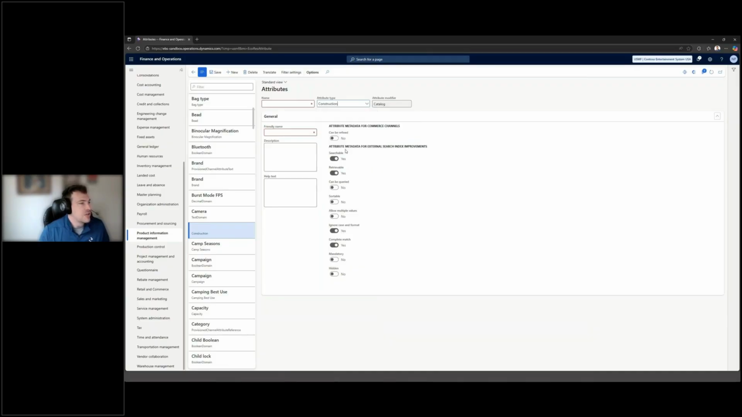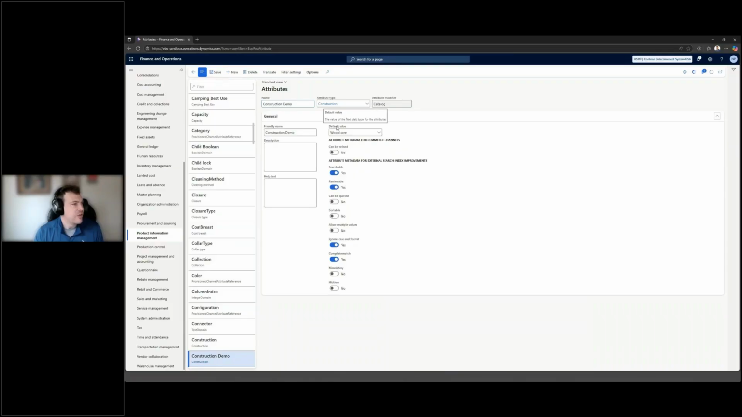So let's just use construction as an example, and we'll just say, we'll call it construction demo. You can also give it a friendly name. It automatically just pulls in the regular name. And then you can ignore the rest of this attribute metadata options. That's a little bit more of an advanced way of querying attributes, and it's not something that's recommended right off the bat. So as soon as you've set this up, hit save, and a little value will pop up here,